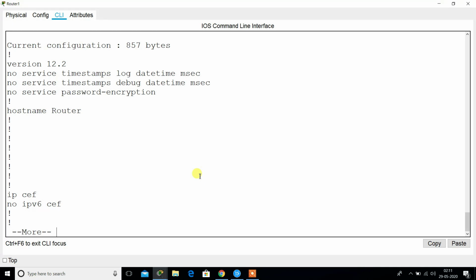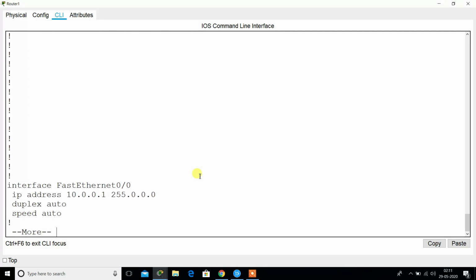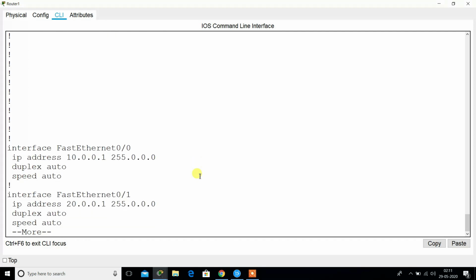For getting more information, press enter. We can see here that we have applied the IP address on FastEthernet 0/0, that is 10.0.0.1, and FastEthernet 0/1 is 20.0.0.1.